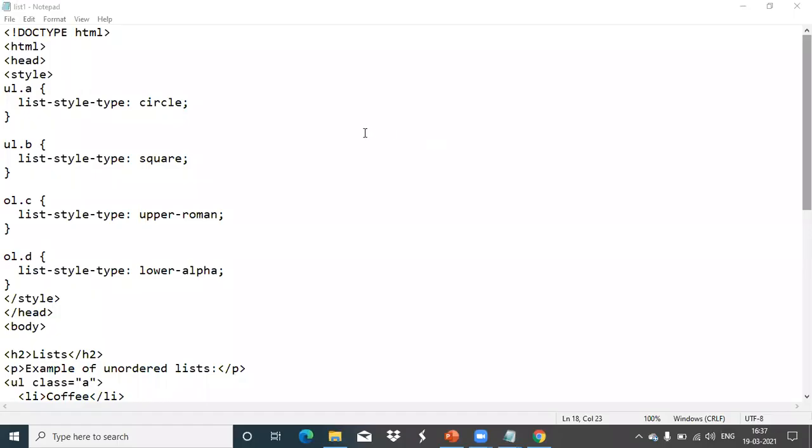So what we were telling is about this list only. Here UL is the tag for unordered list. OL is the tag for ordered list. How will we change its type? By default, unordered list shows bullets only, circle type. Then if you want to change that... Ma'am, the screen is not visible. Okay. Now it is visible.